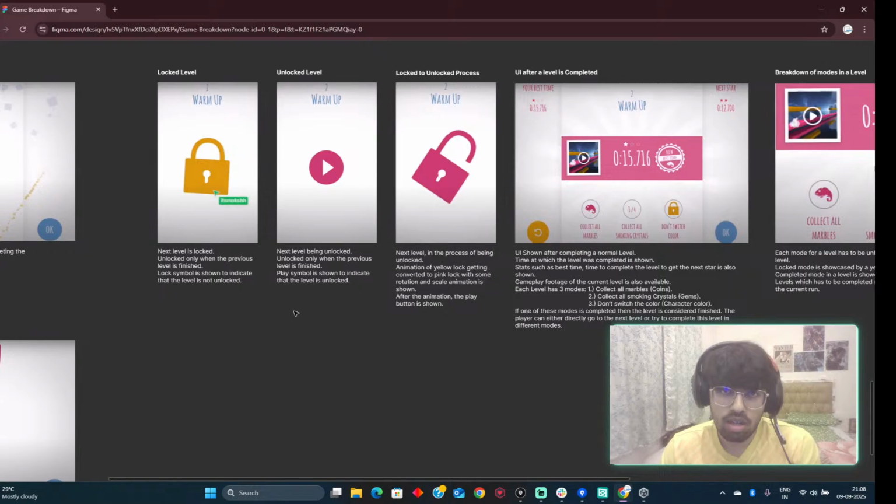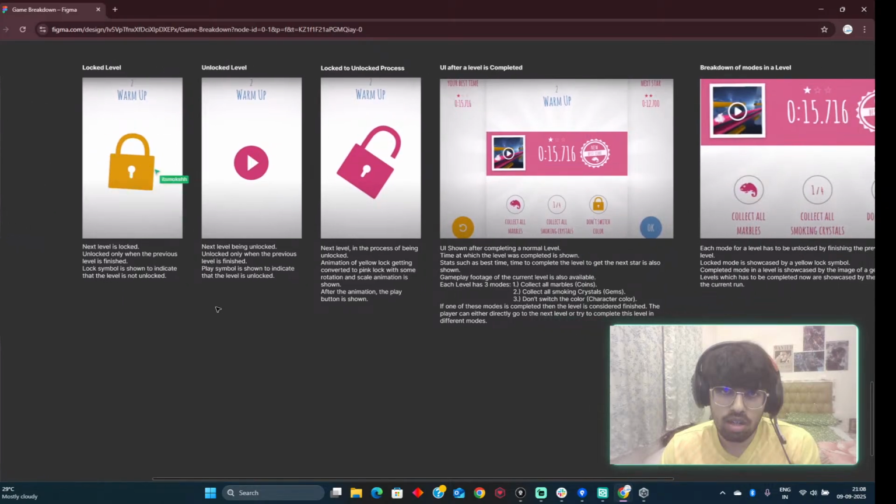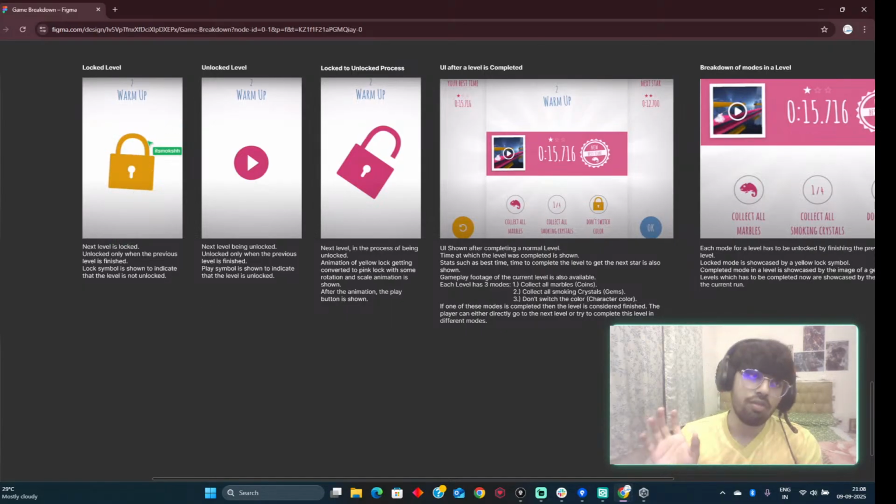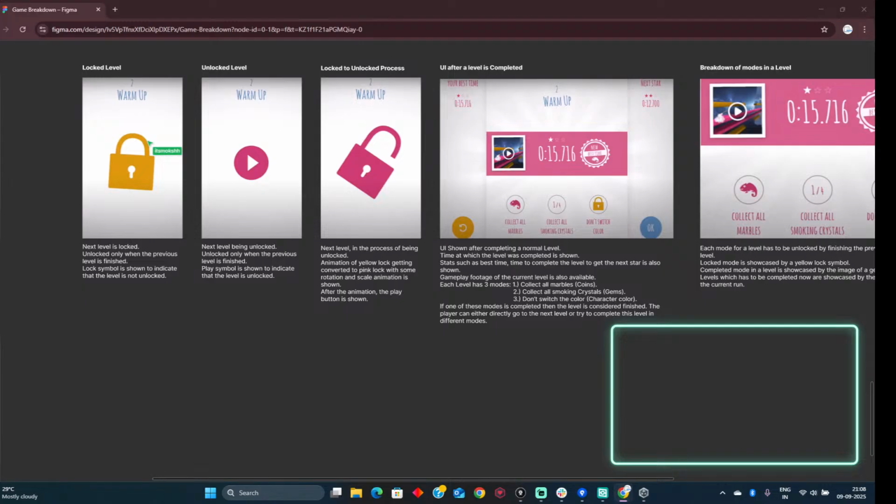So this UI is basically the locked state. This just indicates that the level which you are trying to play is locked, and the only way to unlock levels is that you have to win the previous level in all the modes. Previously, I mentioned that this game has three modes, right? Collecting all the coins, collecting all the gems, and playing the game without switching the color of the character. So if you win through all the three modes in the previous level,